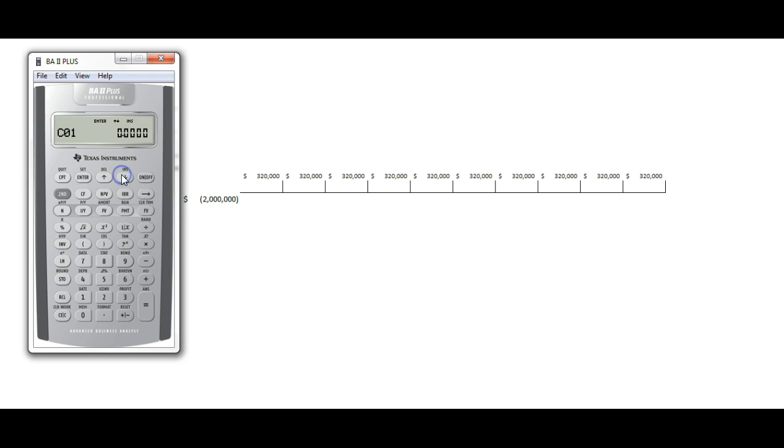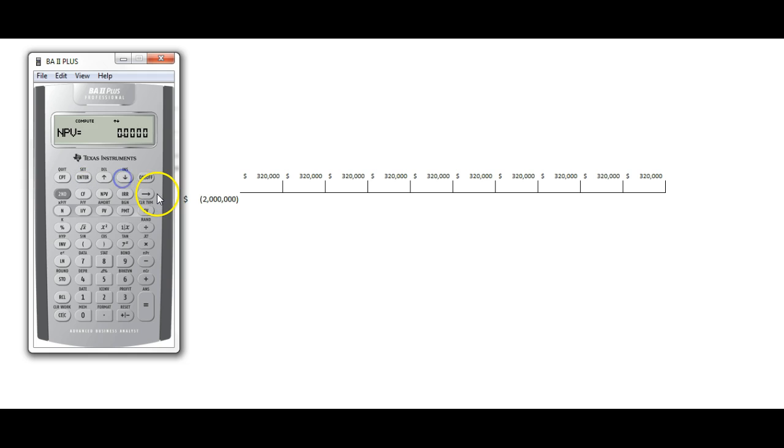Enter, down. Calculator wants to know what the first cash flow is. It's $320,000 in. Enter, down. Then it wants to know the frequency of that cash flow. Well, we get that 10 times. 10, enter, down. And that's all there is to it. There's no other future cash flows after that, $320,000. So let's find the net present value. Let's have it do that arithmetic we just did by hand. So we go into NPV and it says, well, what interest rate do you want me to use? We say 6%.